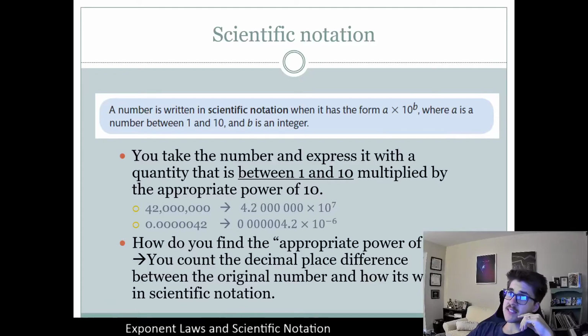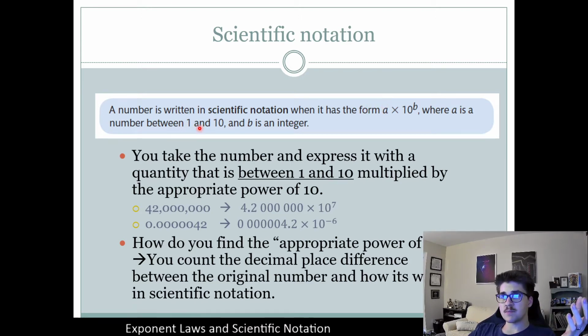Now, a number is written in scientific notation when it has the form a times 10 to the b power, where a is a number between 1 and 10, and b is an integer. This is a very common definition that you'll find in a textbook. But one of the things I wanted to point out is that to be in scientific notation, the number in